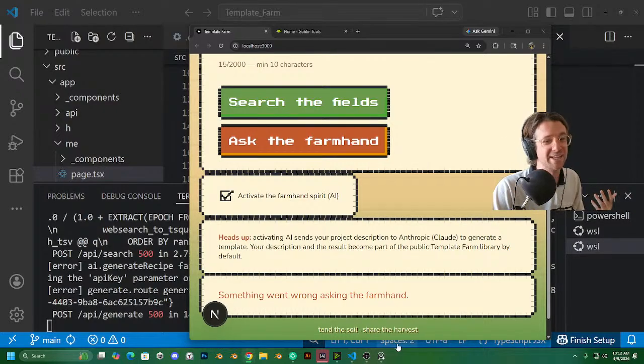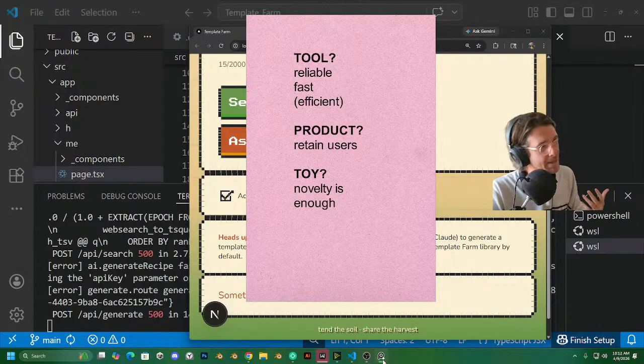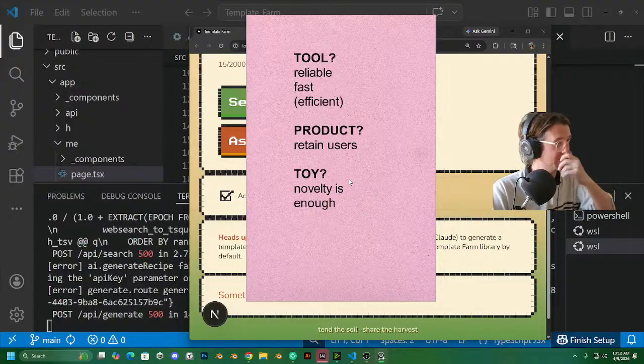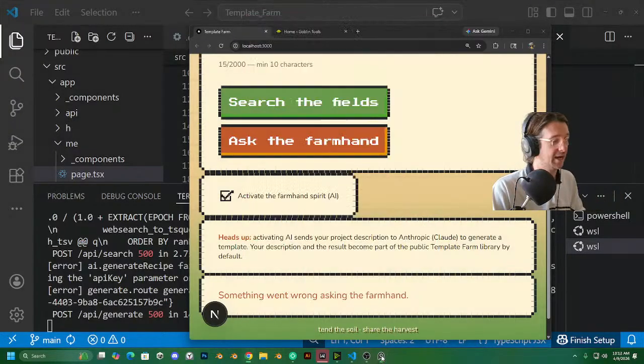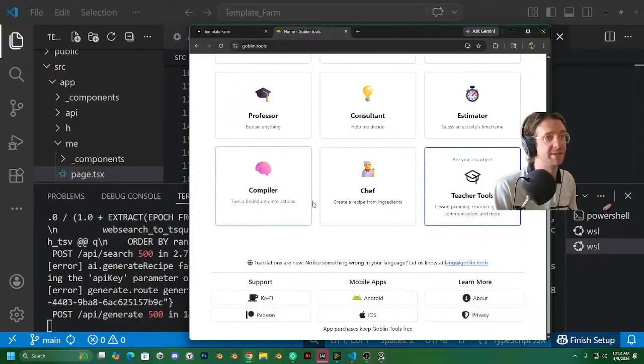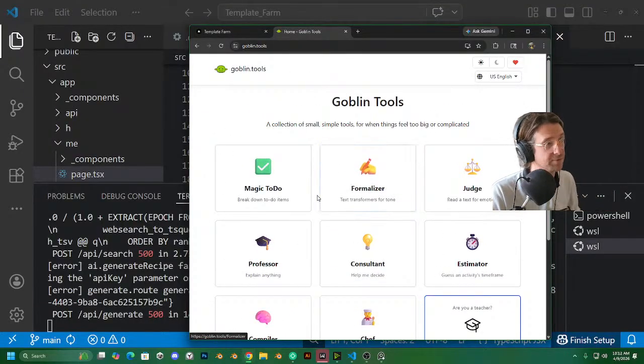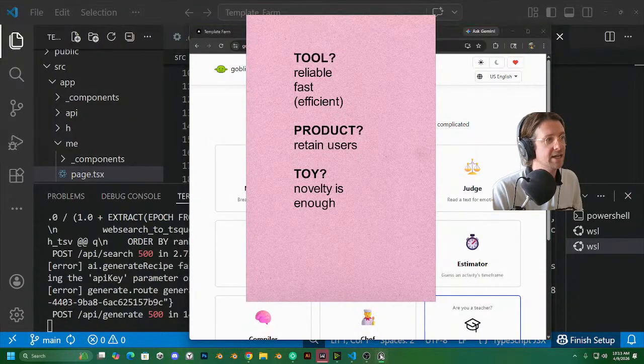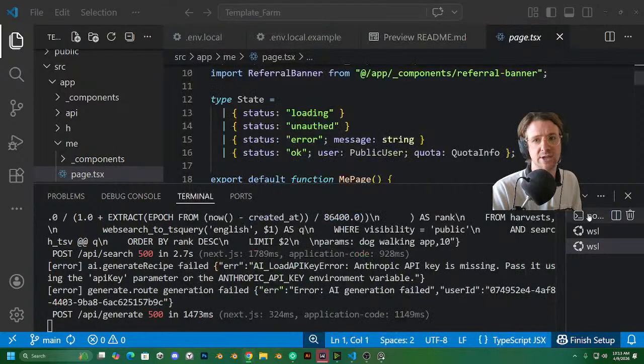So right now it's fulfilling maybe a little bit of toy, and the other two can completely go out the window, right? So there's things that we could do to bring it up to the other two. Taking a page from the book of Goblin tools, that was a great suggestion. So the reframing is, if we wanted it to be a tool, first of all, it would need to work. So let's check if